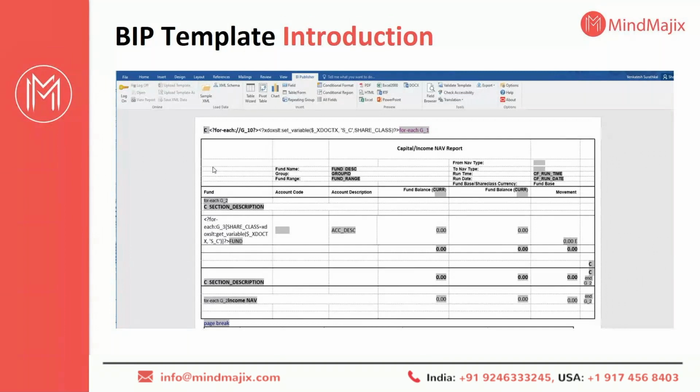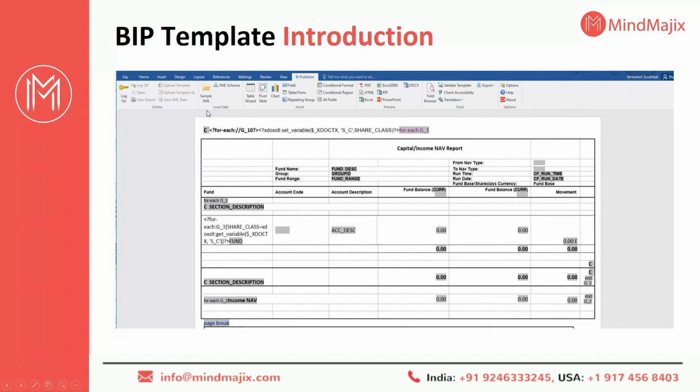Here, if you see, this is a very simple report where we have X into Y, rows into columns, and we need to put the data accordingly. Suppose we need to repeat the structure, repeat the columns, or repeat the rows, depending upon a certain logic. Those things we can put in using BI Publisher tags. You can see here, for example, a for-each.